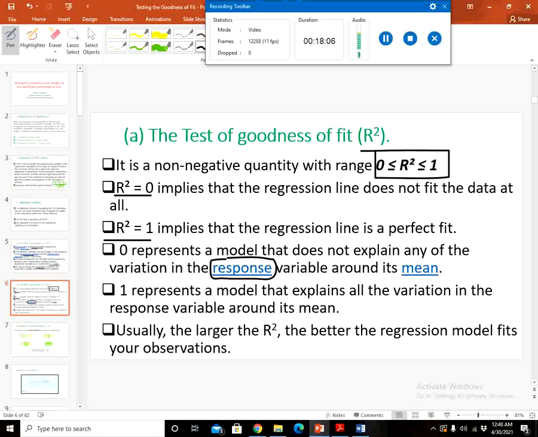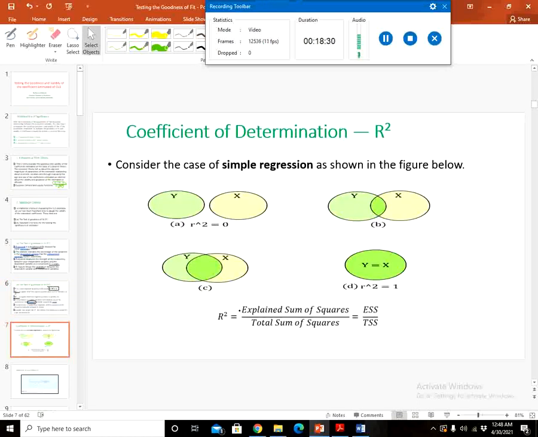Now we want a higher R-square, we want a best fit model, we want a good fit model, right? The higher the R-square, the higher the goodness of fit. Now we explain the R-square through a diagram and then by the graphs. Look at the next slide. We consider here that we have a simple linear regression where the R-square, also called the coefficient of determination, and we explain the phenomenon of R-square through our diagram.